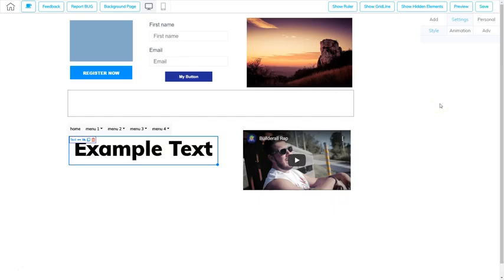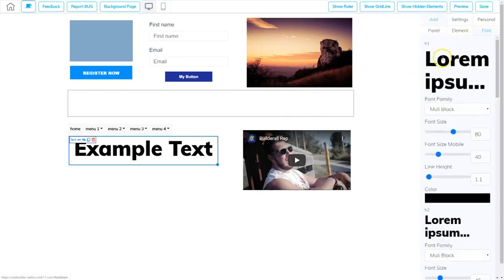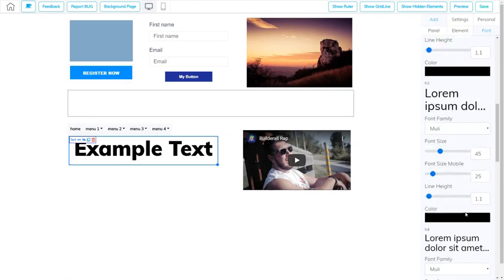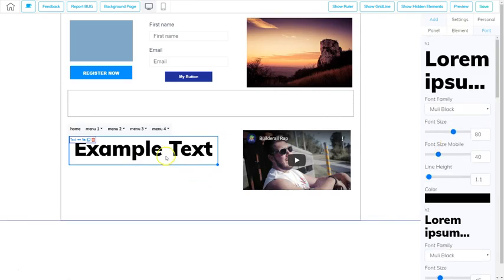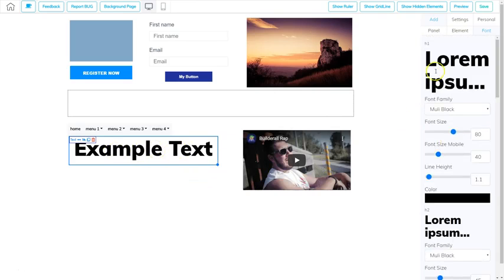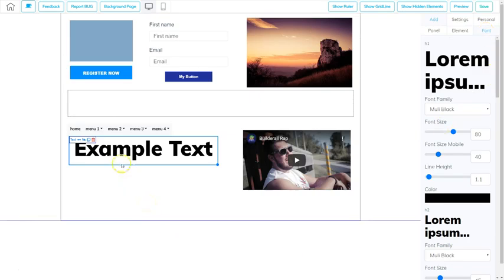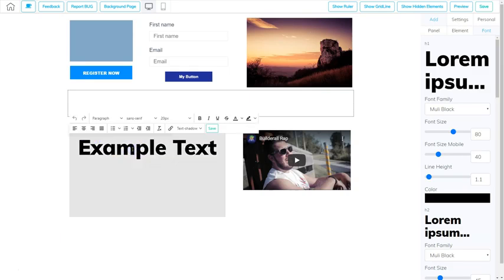So to change the style of text, there's two ways you can do it. You can go into the add and then font and change it throughout the entire website. This text is an H1, so to change H1s throughout the entire website, I can change it in this add font area. But if I only want to change it for this box, I can double click it, and inside